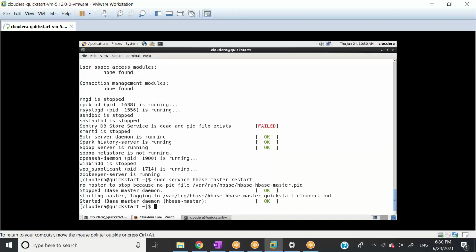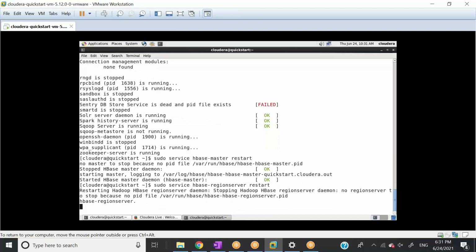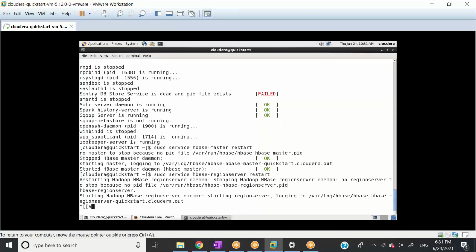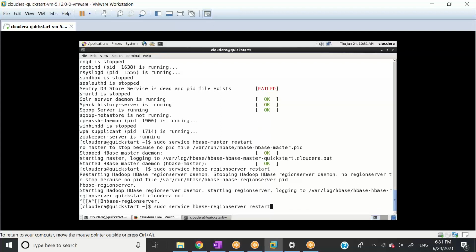Okay, so it will be restarted now, and then we'll say hbase hyphen region server, right? This thing is important. Sometimes it won't work, sometimes it works. It depends. Okay, no region server. So one second, let it run.